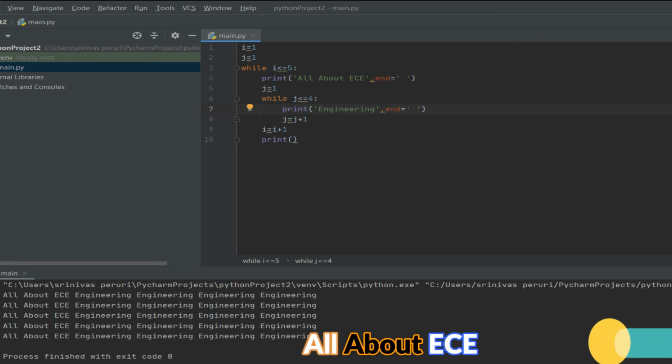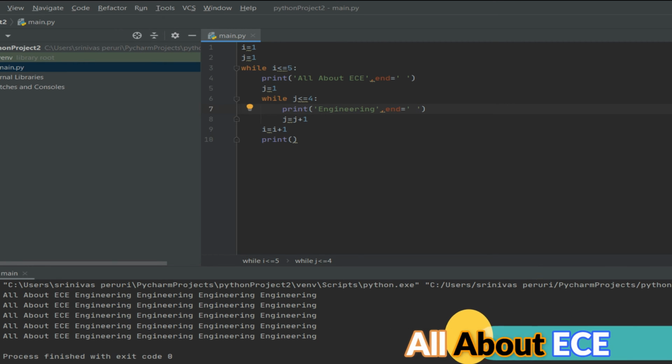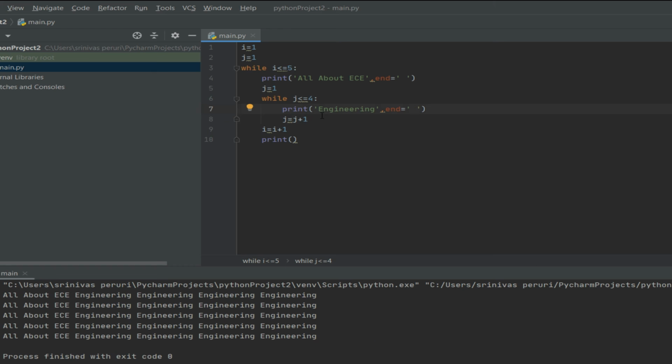So let's have a quick recap on this. Why are you assigning j again? In this case it is a nested loop, so it has to execute the inner while loop first, and after that the outer while loop is evaluated.